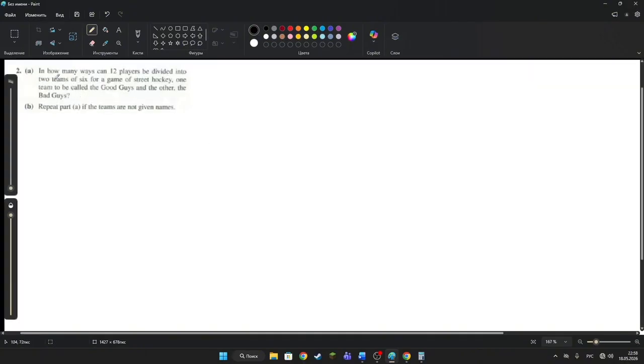So the next exercise: in how many ways can 12 players be divided into 2 teams of 6 for a game of street hockey? One team to be called the good guys and another the bad guys. So the main point of this